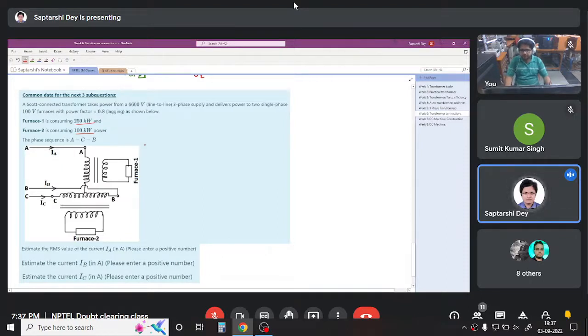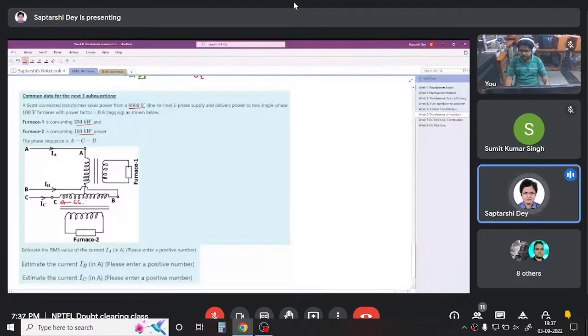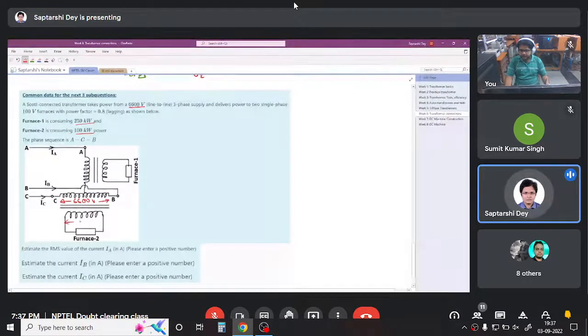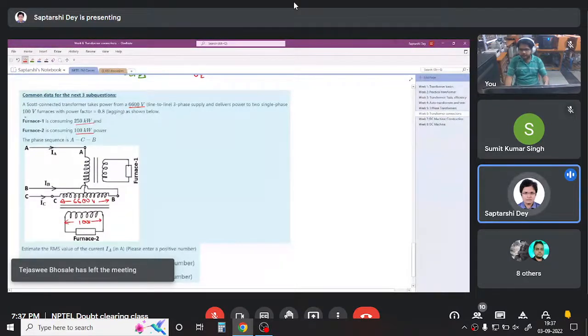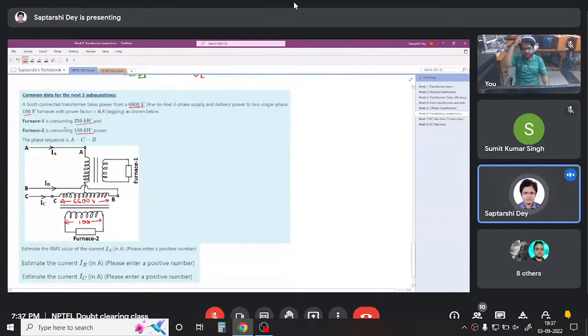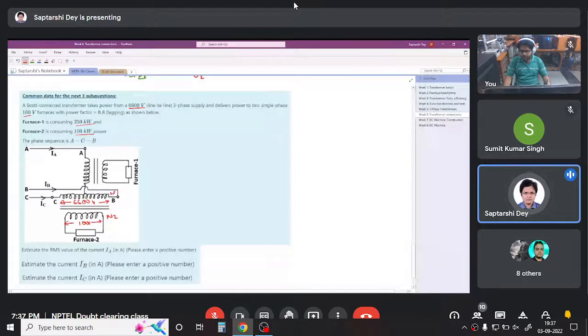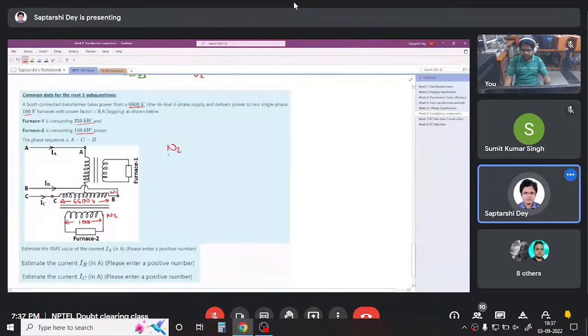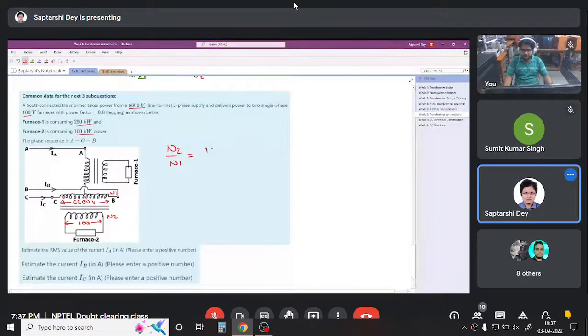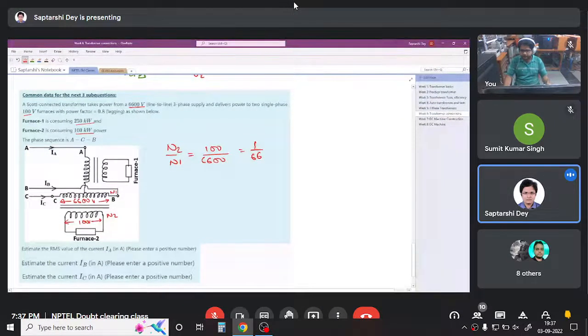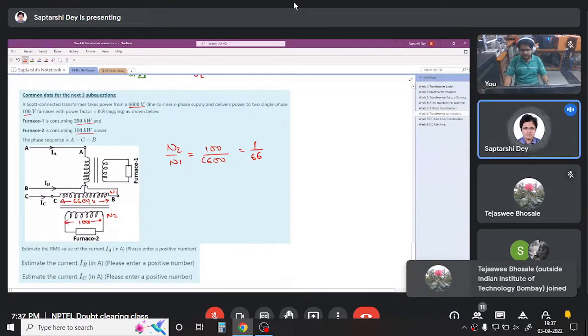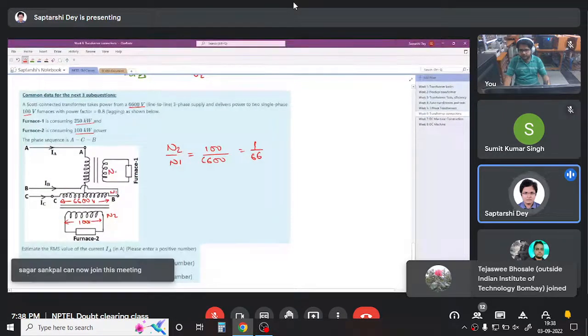First, we have to find out the ratio of number of turns, right? So we have a 6.6 kV in the primary. So here we have 6600 volt, where here we have 100 volt. It is written that the furnace voltage is 100 volt. So, as our convention N2, N1, we have N2 by N1 equals 100 by 6600. So, 1 by 66. So if this has 100 turns, this has 6600 turns. Now if this has N2, this also has N2,